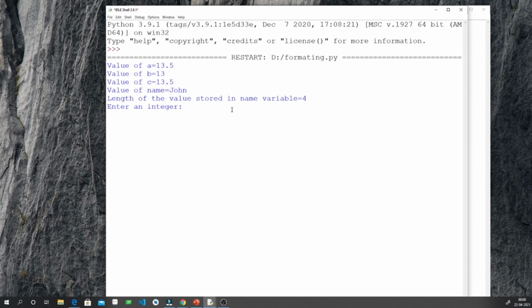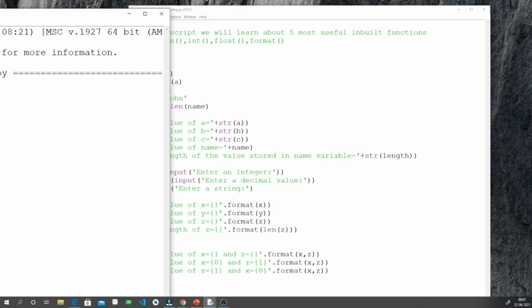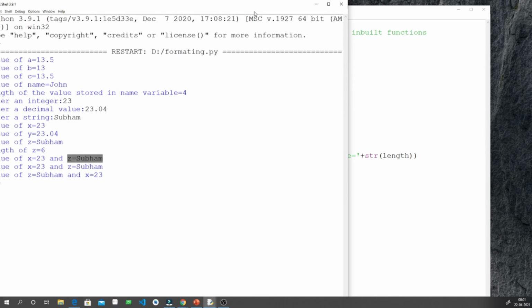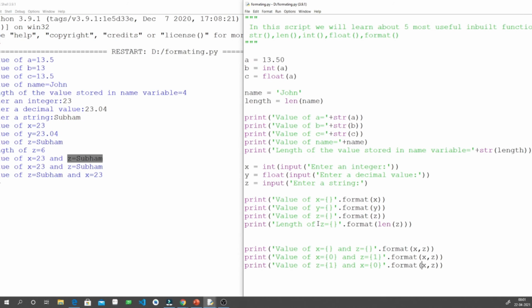In my other window it has opened. It is telling me to enter an integer. I will enter 23, then 23.04, and for the string I will enter my name. See, here it printed correctly. This name it printed. This sequentially it printed.